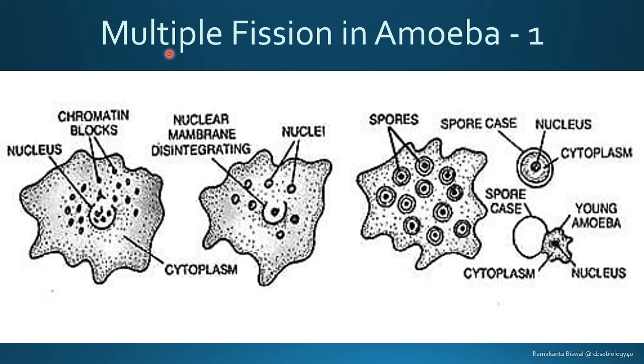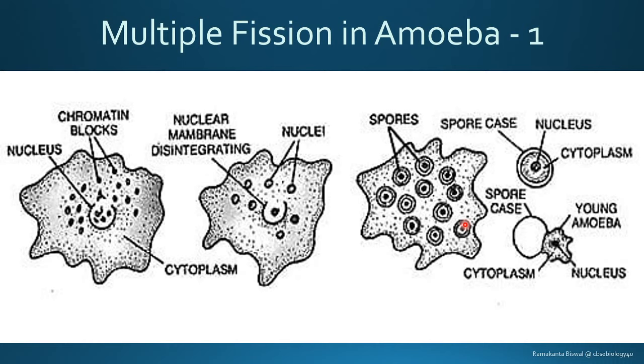So here multiple fission, again another image I'm going to show you. Here you have the amoeba. When unfavorable condition comes, it typically goes for spore formation and a process called encystation. When you have an unfavorable condition for the amoeba, the membrane withdraws all the pseudopodia, and the nuclear membranes start disintegrating and the nucleus starts dividing. Once the nucleus starts dividing, it gets surrounded by some of the cytoplasm from the cell, and it forms a thick wall outside it, and we call it the spore.